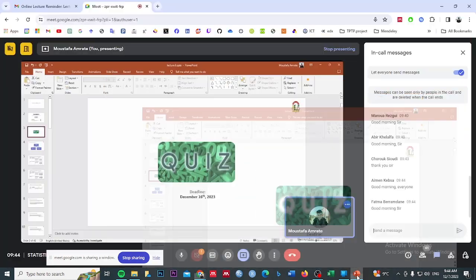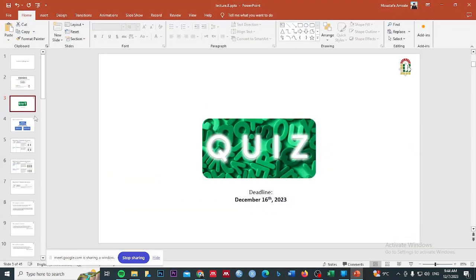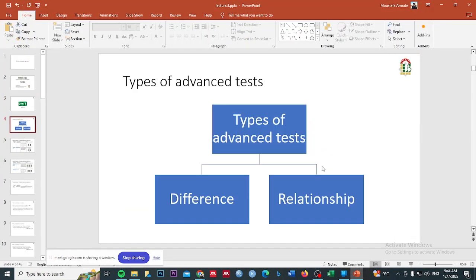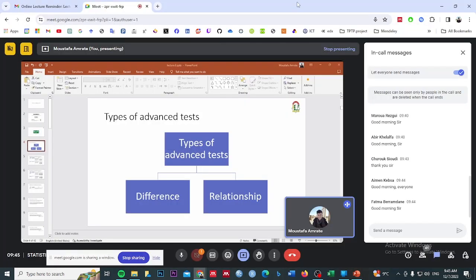All right. Today we're going to talk about correlation. Before we start talking about correlation, let's go back one step and remember the two main types of advanced tests. We did not divide them like this, but when I gave you the table, if you remember this table here,